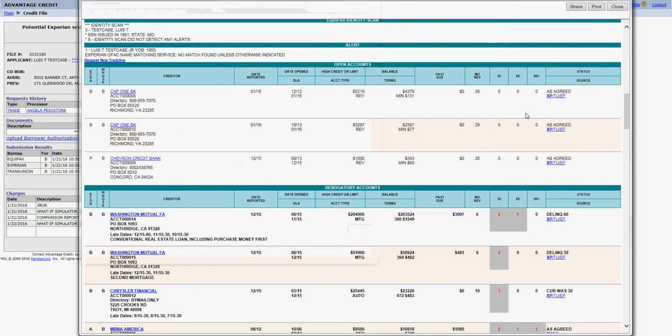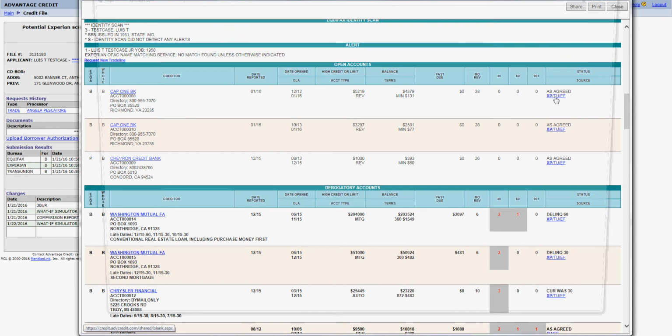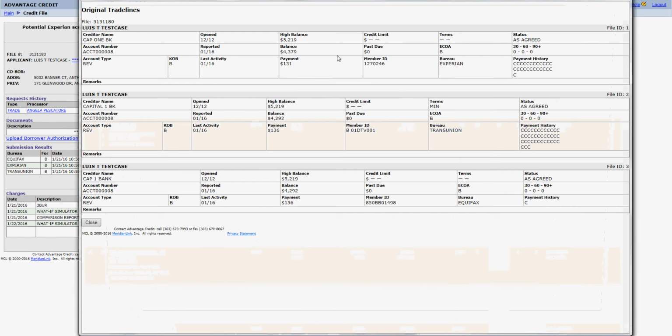You'll also notice to the right of each account, we have the raw data provided from the bureaus. This is very helpful when you're submitting a rescore request, and I'll show you how. You just click on that link and it's going to display the raw data for each bureau. So as you can see, for this particular Capital One account, maybe you need to have the balance updated. The borrower is saying, no, that balance is not up to date. As you can see, Experian reporting